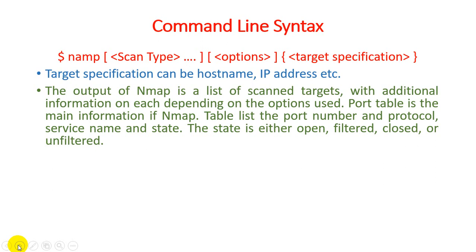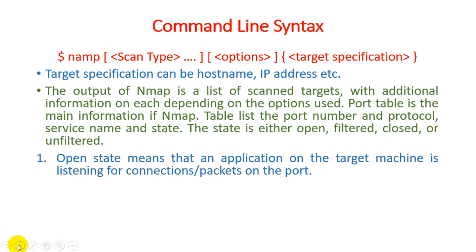So on a particular state, there are 4 different options available. Based on the different options, we can easily identify whether a particular port and service is open, filtered, which we can say is secure, closed, which means a communication can never be established, or unfiltered, which means if we want to communicate with this state, then our computer system is not secure. So guys, we focus on the state of a particular service port.